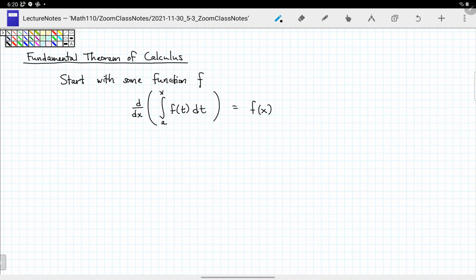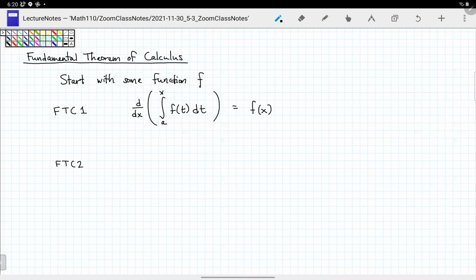Okay, so in this sense, the fundamental theorem of calculus gives us a relationship between differentiation and integration as kind of an inverse relationship, that there's something about them that like differentiation kind of undoes integration, sort of. Okay, so this is the fundamental theorem of calculus statement 1, and then the fundamental theorem of calculus statement 2